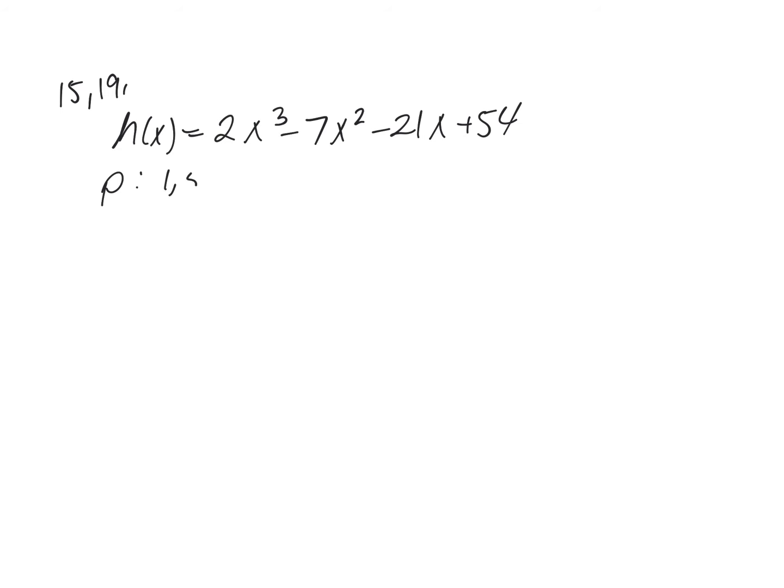1 and 54, 2 and 27, 3 and 18, 6 and 9. Okay, this is from two nights ago, Thursday night. And then it's plus or minus on all that, and my q is 1 and 2, the factors of my leading coefficient. So my p over q,